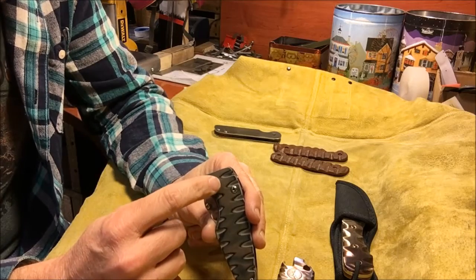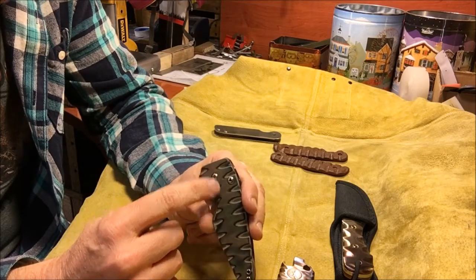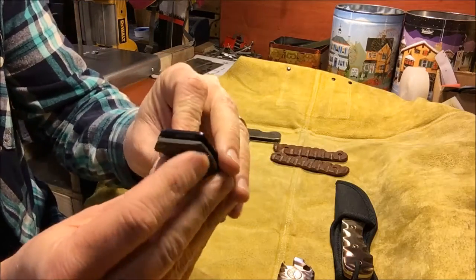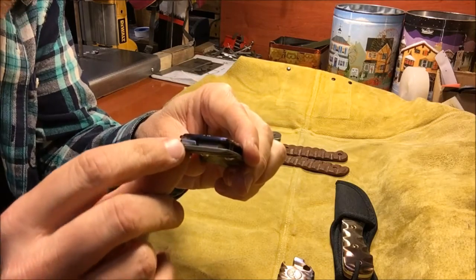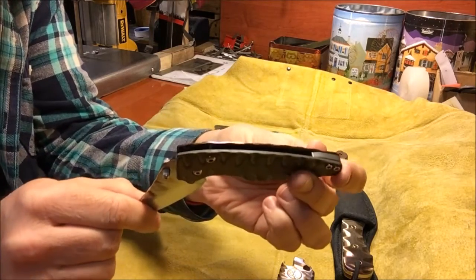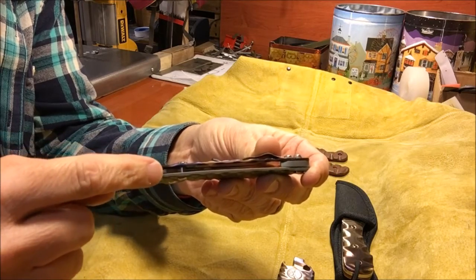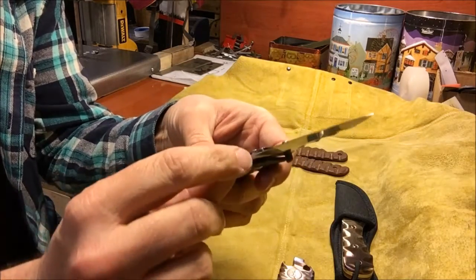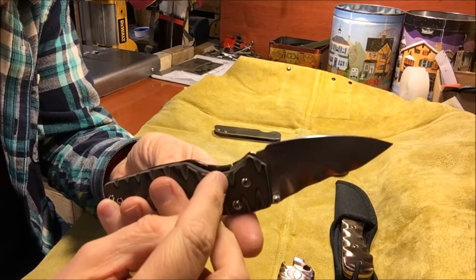And I wanted to try out, number one, just a straight thumb stud opener, but I also wanted to try out this new lock geometry where in the open position, you'll notice right here, get it in on the camera where you can see it, this straight shoulder right here. As you open it, this shoulder rotates around and makes contact with the stop pin on the back side. And then in the open position, right here where the blade has a little straight edge, that's what makes contact with the stop pin